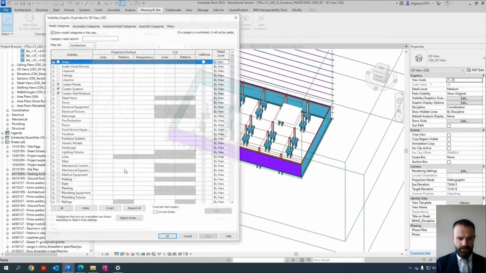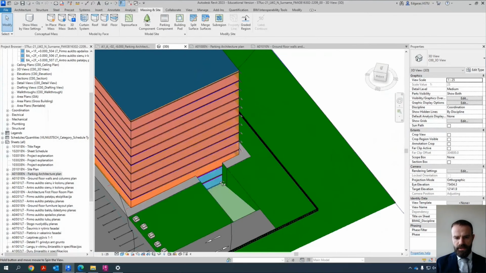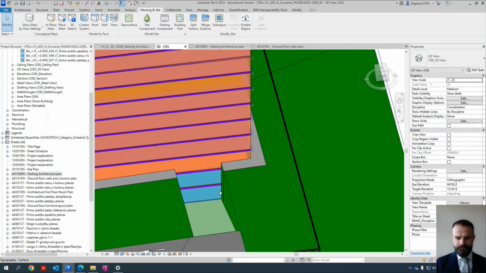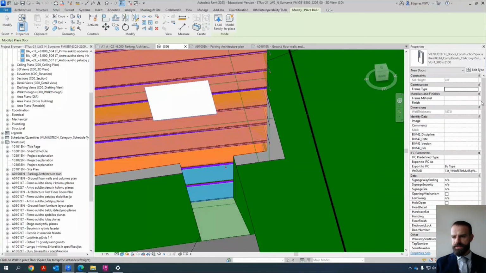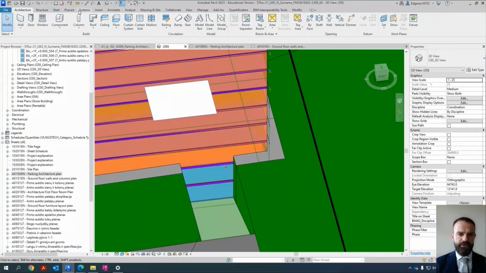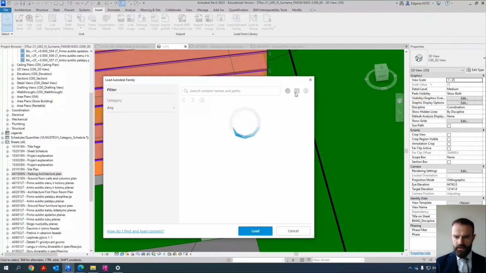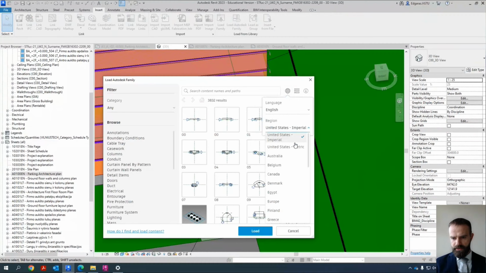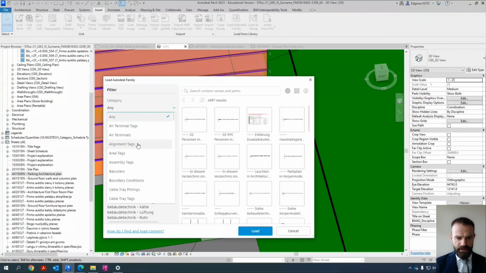So let's activate all the elements. My exit should be on this wall, so I need to put the doors. For the doors, I go and look in here, architecture doors. And if I don't have parking doors here, I should go to insert, load families. And as I mentioned, I recommend to use German libraries because they have nice families. So in this case, I select category doors,